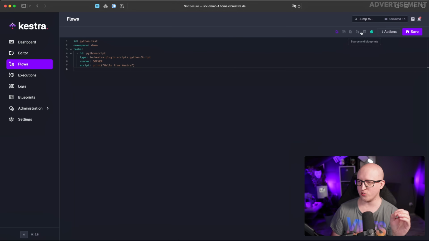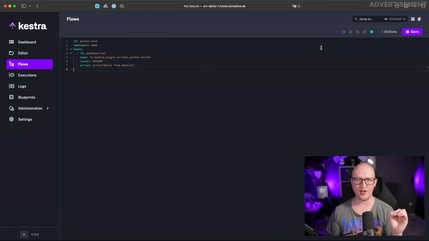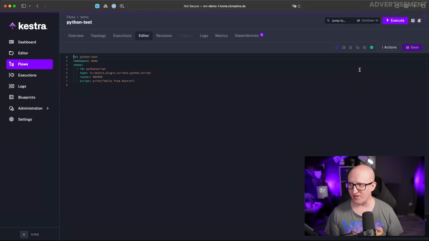But as you can see, when you're changing anything in those different views, it respectively changes this everywhere, and it's really fast and quick to develop those automation workflows. Okay, so let's do a simple test. We will save this, and